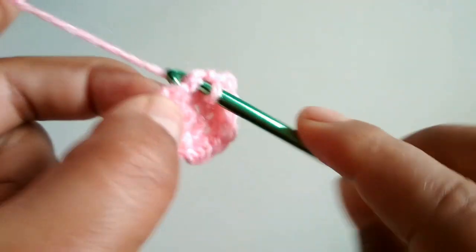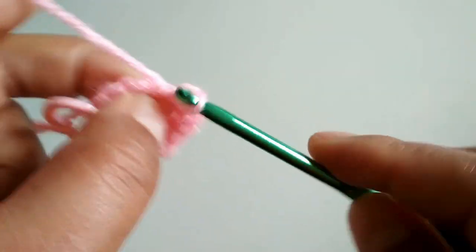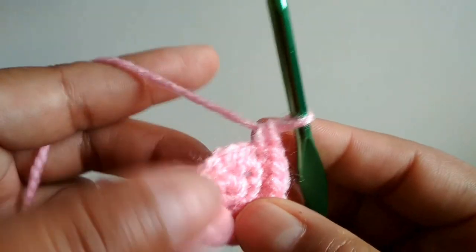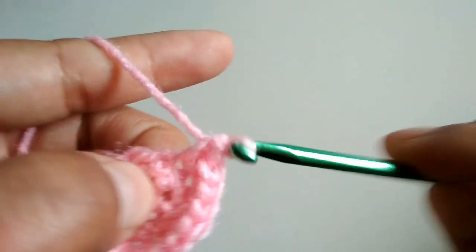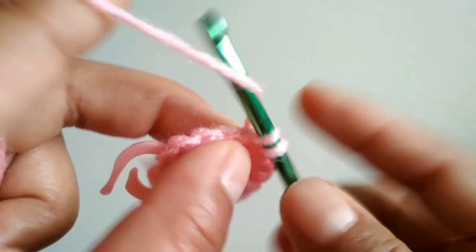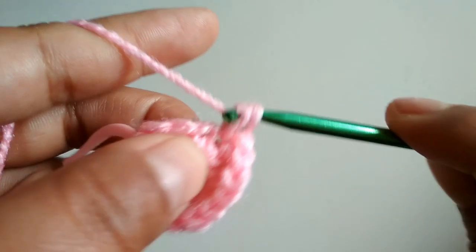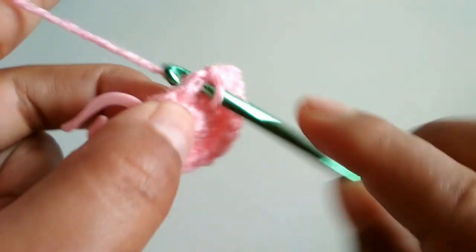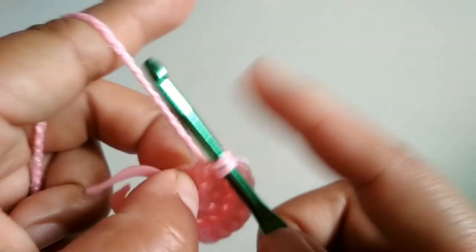I will work this set with you for this row, but from the next row onward I will not be working the whole row for the sake of tutorial. Okay, so 1 single crochet, increase in the next stitch, 1 and 2 into the same stitch that make an increase, 1 single crochet, another increase,